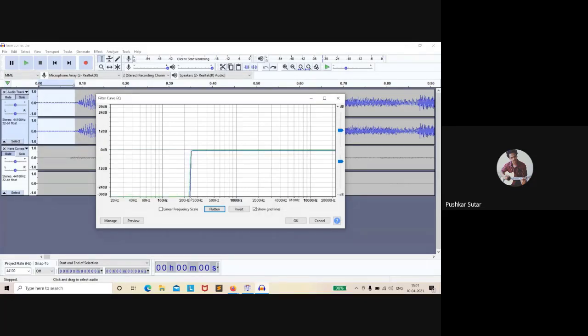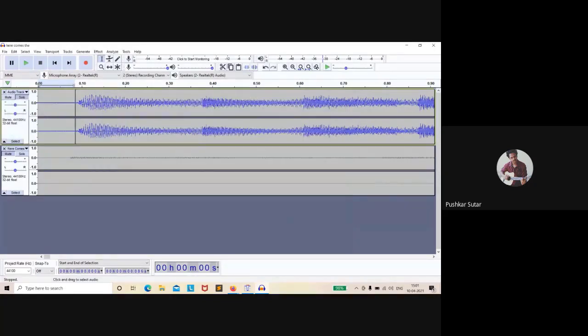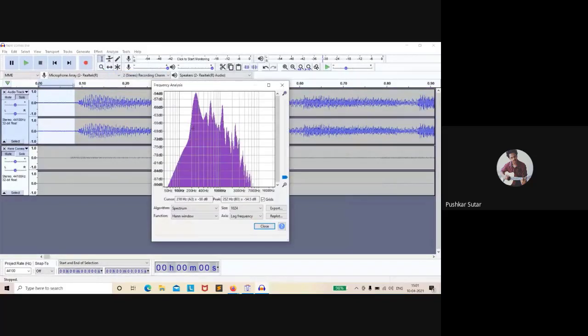I'll just cut every frequency below this, and now I'll okay this. Now if I plot the spectrum of this part, you can see the frequency here is cut. मैंने 200 hertz से ज़्यादा नहीं किया. That's why this still exists. I don't want it to be complete silence. I want it to appear natural.